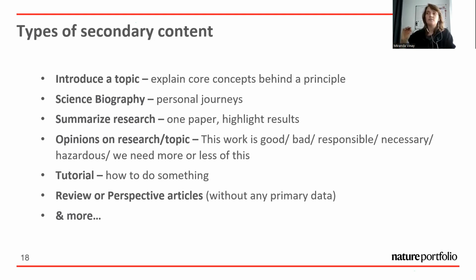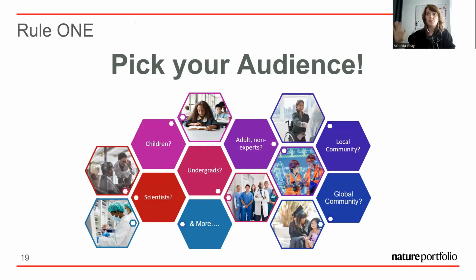And I do have, for any type of writing, but especially primary and secondary research, what I like to call a 5-step program for good science writing. And the first step of this program, rule number 1, is always pick your audience. So just like when writing a scientific paper, your audience is number 1. The main difference here is that you have a lot more freedom in who you are writing for when you create secondary science content. Whenever you write these tutorials, whenever you write these reviews, whenever you write these newspaper articles,